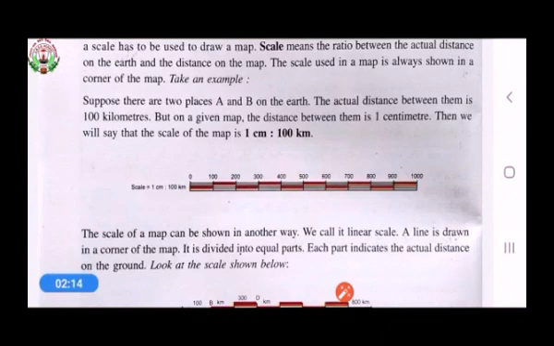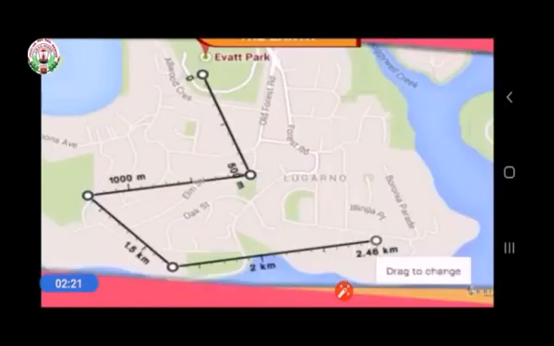Thus, maps are drawn according to a scale, which represents actual distance on the map. Each map has its own scale, which indicates the distance on the map. It can be measured according to the scale.